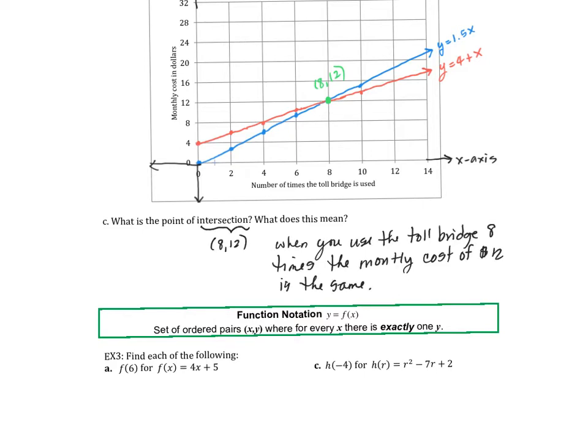So it doesn't matter if you buy the coupon book or not. Notice the lower blue line, and that would be using the bridge from 0 to 8 times. Notice the blue line is lower. That means that the monthly cost is lower. After 8 times, the red line is lower, which means the monthly cost is lower. So it looks like if you're going to use the toll bridge less than 8 times, you should not buy the coupon book. If you're going to use the bridge more than 8 times, you should buy the coupon book